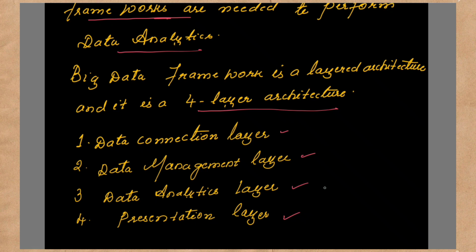So what are the different functions that are happening in each of these? The first one is the data connection layer. In simpler words, you can remember data connection layer as a process, or you can say it is an ETL process. ETL process is extract, transform and load. You need to extract the data. So I can just give a breakdown of this ETL process in simpler words. This stage involves pulling the data or extracting the data from various sources such as the databases, cloud platforms or files. The first step is your extracting.